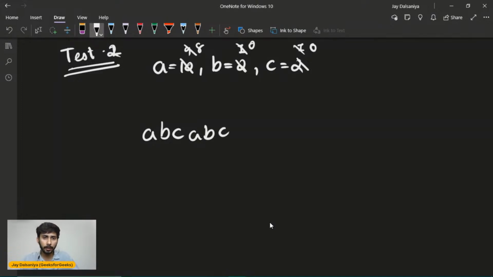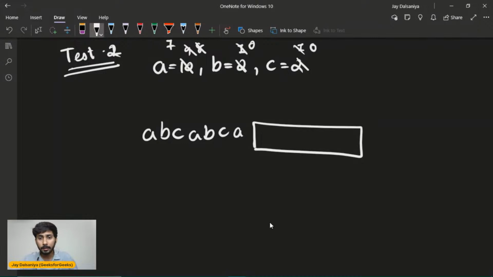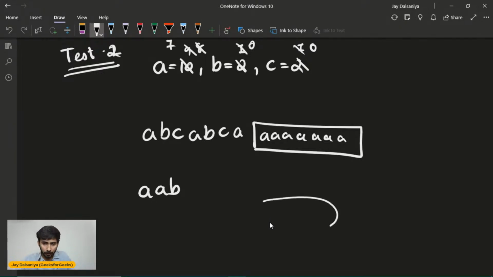Now again try to take A, so this would be 7. After placing this, there are 7 A's remaining. I cannot place in this manner. This is not going to work each and every time. You cannot pick each and every character one by one. So the best arrangement possible is this: whenever you find the character with the highest frequency, let's say from A, B, and C, A has the highest frequency, I can keep the arrangement in this manner. If I'm targeting a triplet, in the triplet I can have two characters of the same type, while the other character needs to be of a different type.